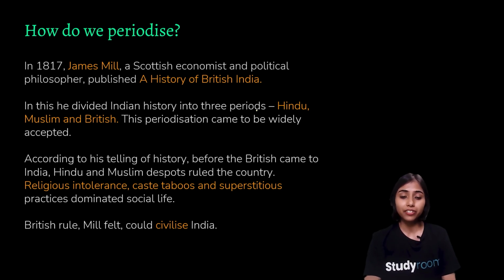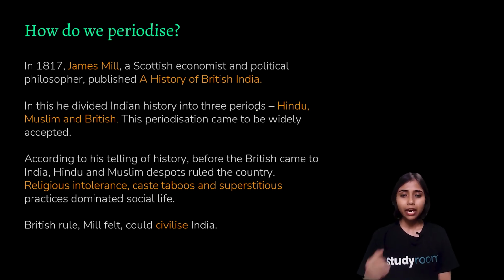According to his telling of history, before the British came to India, Hindu and Muslim despots ruled the country. Religious intolerance, caste taboos, and superstitious practices dominated the social life. British rule, Mill felt, could civilize India. Now, here is an account of history from the eyes of James Mill, who was a Scottish economist and political